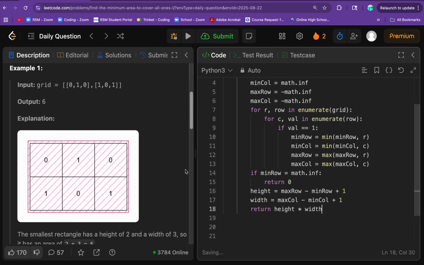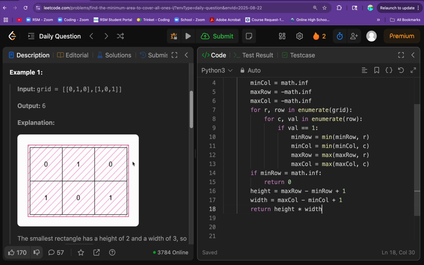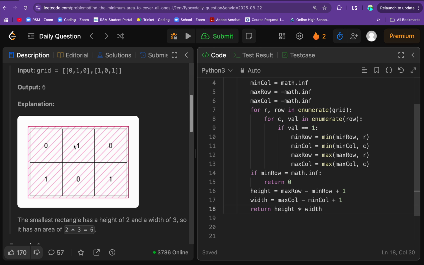So in this case, if we go back to example 1 here, we'd see that our maximum row would still be this guy right here. Why? Because we do actually see a 1 in every single row. Very similarly, we also see a 1 in every single column. And so both maximum row and maximum column would be maximized to the number of rows and columns in our matrix. And so in that case, it would really just be the height times width being 3 times 2, or basically just 6. That's just a brief example and demonstration of how that would work in terms of